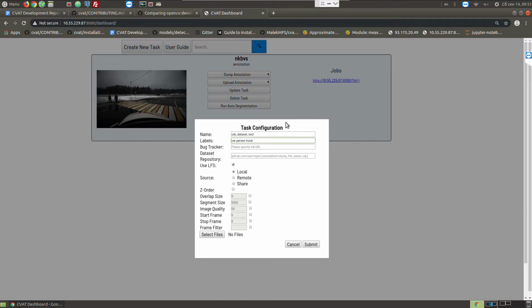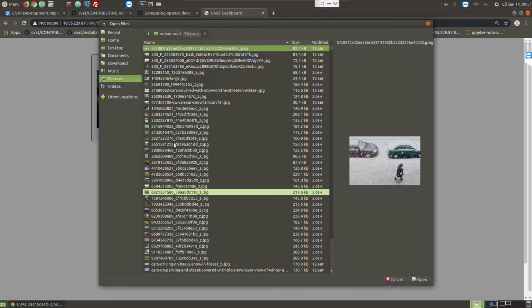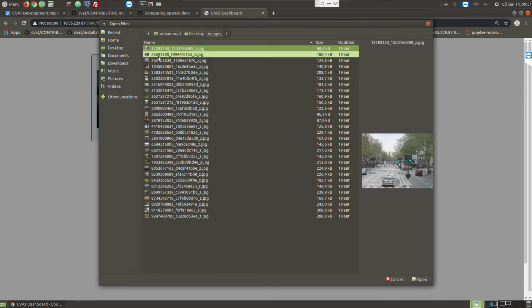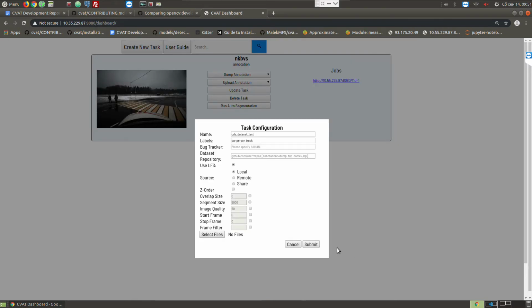I don't know. You need to add labels that are supported with the COCO database. And here I use some examples. I need other files. Because I'm inside Windows, I could